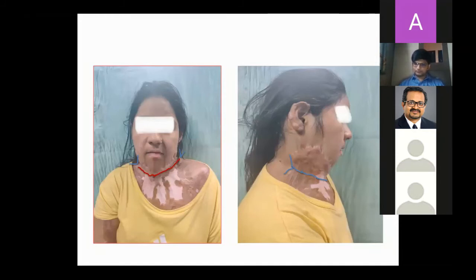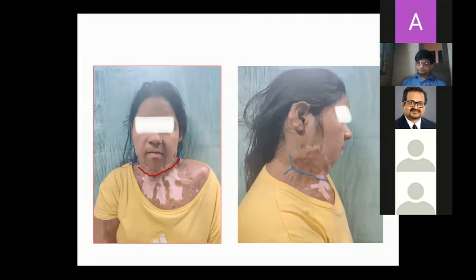What is a 1-2 flap? Anybody? Any other person? Shailaja, Ankita, Srilekha, Anbarasan. Can you repeat the question, sir?